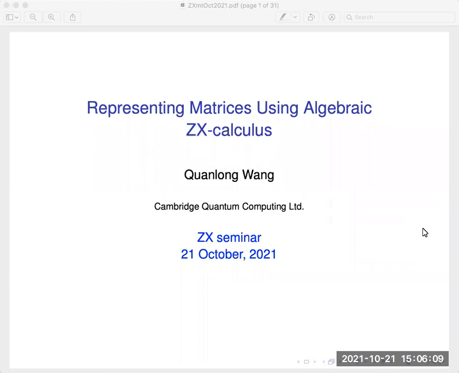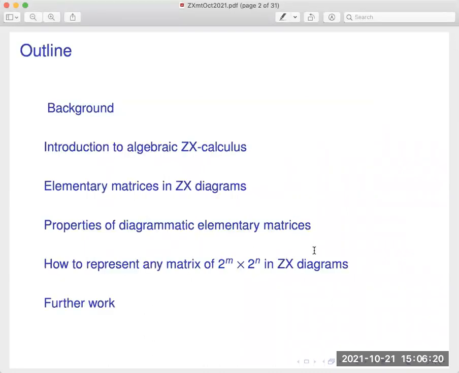Today I will talk about representing matrices using algebraic ZX calculus. First I will talk about the background, then give a short introduction to algebraic ZX calculus, and then say how to represent the elementary matrices, and some properties of elementary matrices diagrammatically. And finally, I will show how to represent any matrix of size a power of 2 in ZX diagrams,